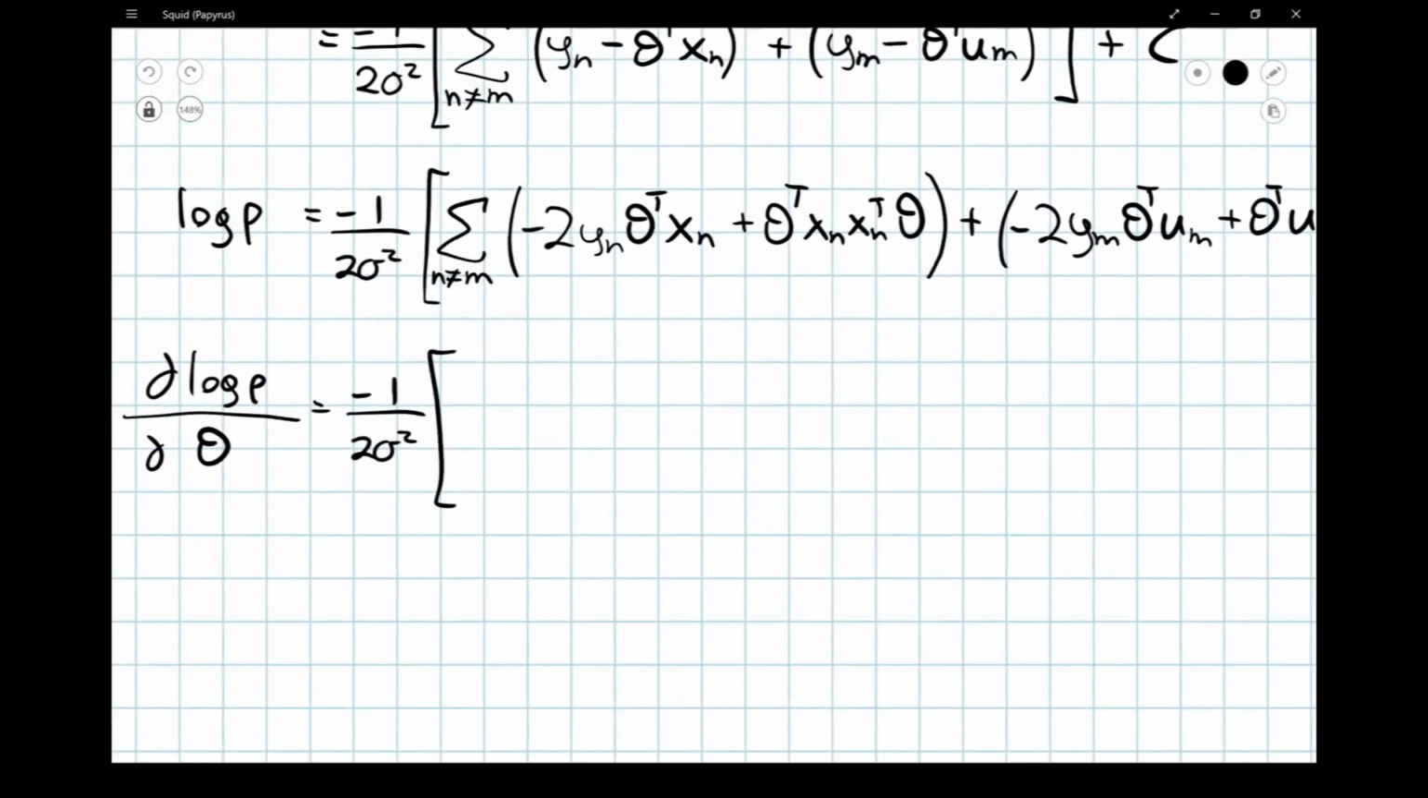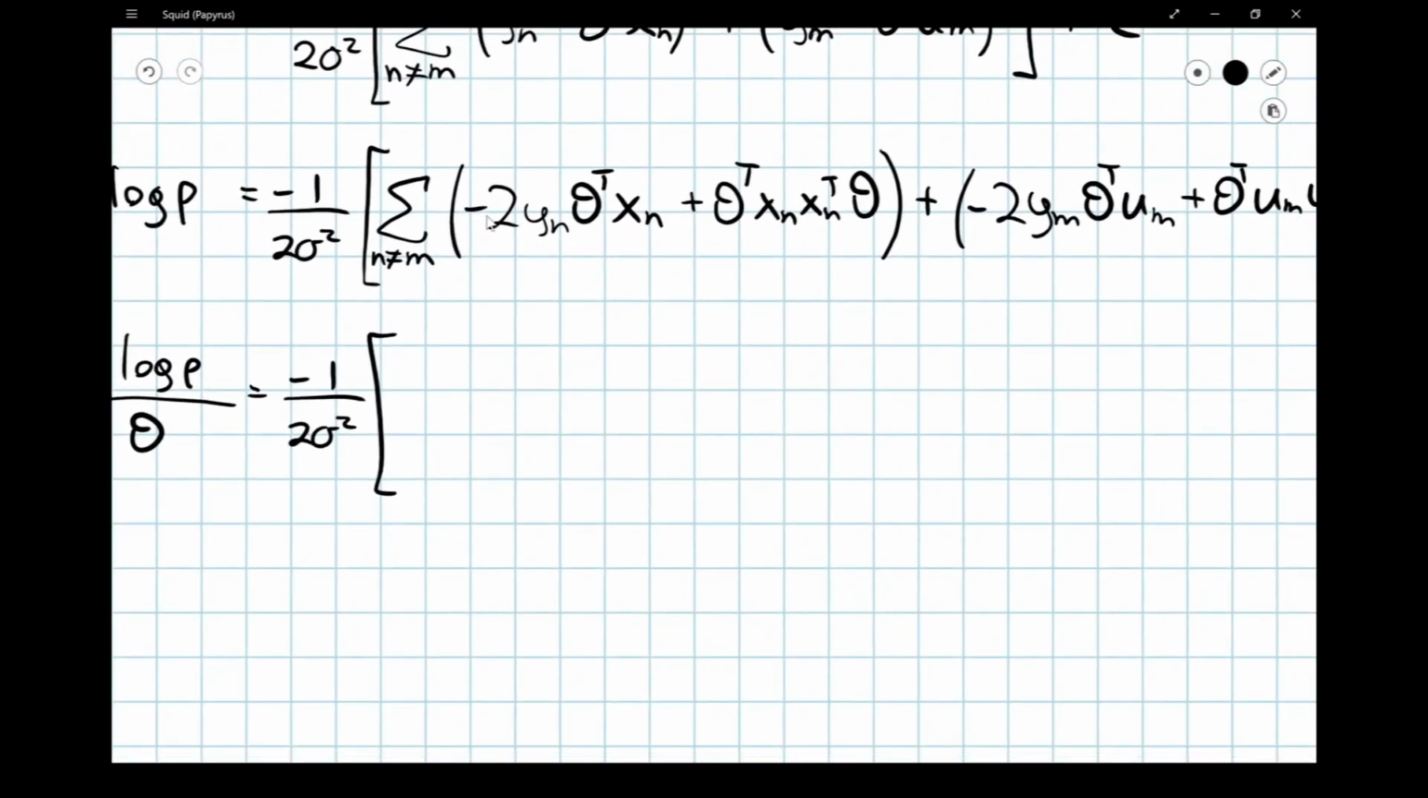Like I say, in the videos leading up to this one, we've seen the expressions we rely on to differentiate these types of things with respect to vectors. So we won't go into it in too much detail, but we still have our summation for n not equal to m. We're going to take the derivative of this with respect to theta. What you end up with is minus 2 yn times the vector xn, and then